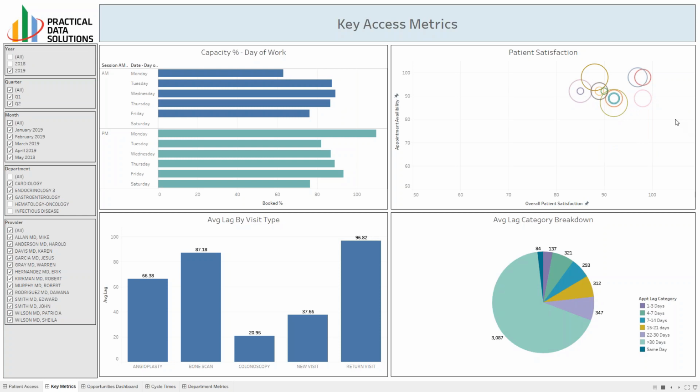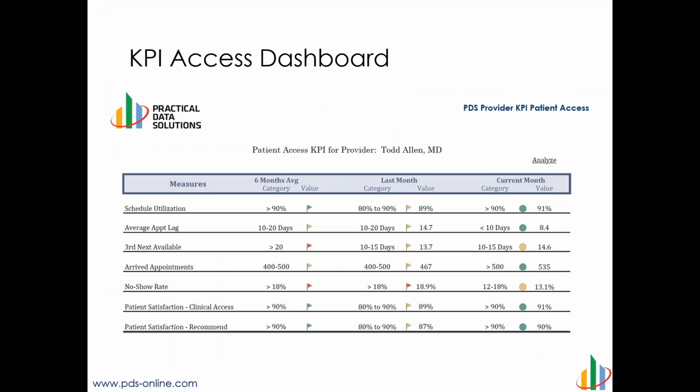So, Scott, let's talk about some ways we can communicate all of this, like the capacity information, to providers and others who need to have this information. And that's a good point, because up to now what we have been looking at is all of these metrics at a department or division level. And if we really want to change things, and obviously this is all about managing change, we do need to communicate with our